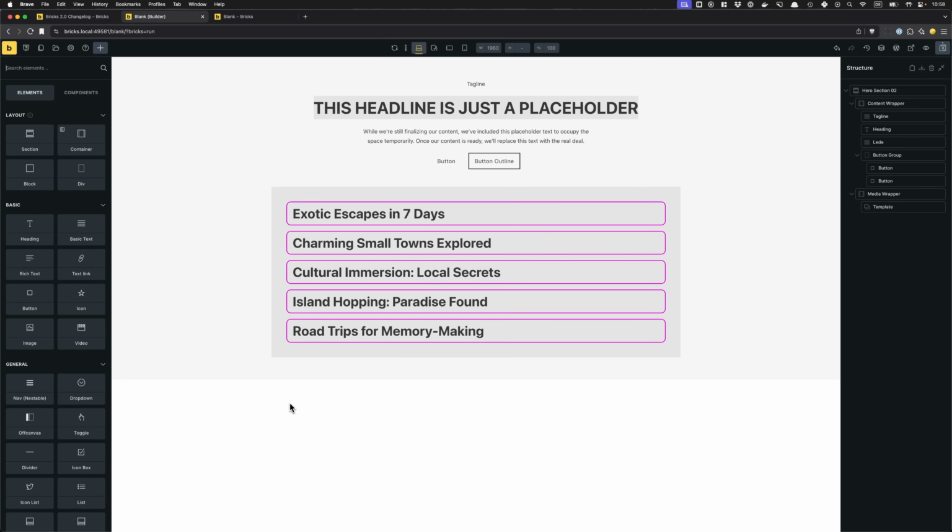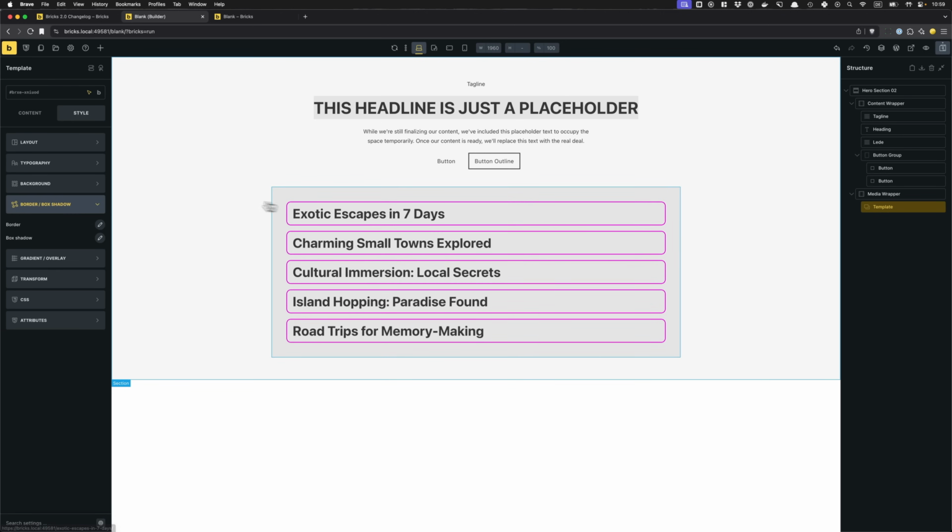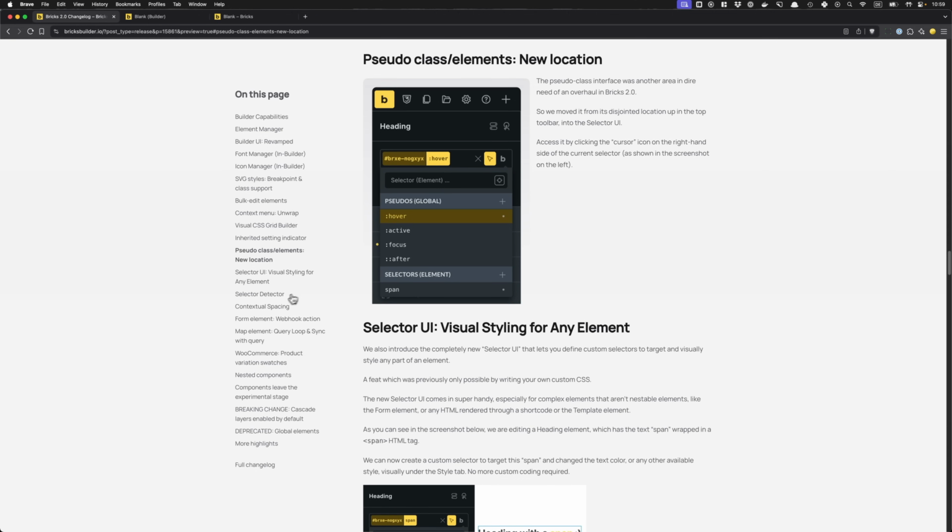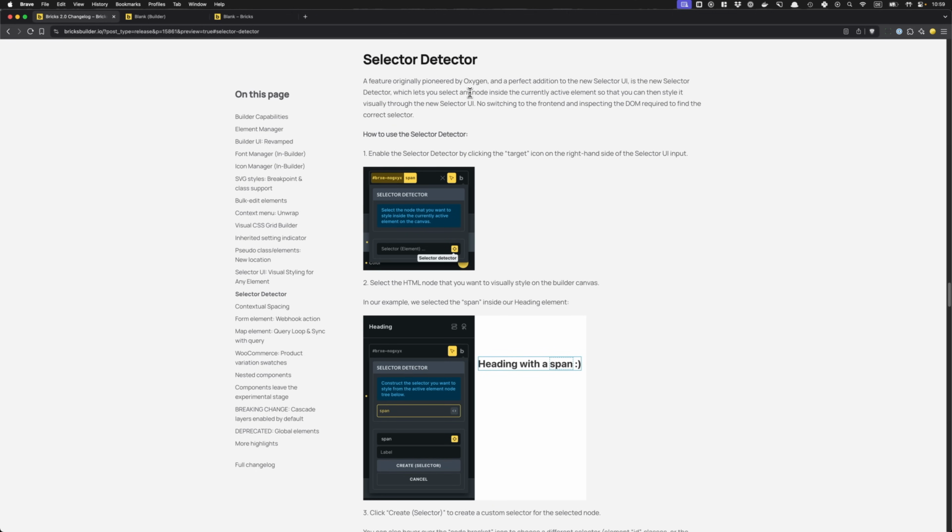Let's get out of the editing mode and I hover over my loop item, and you can see that the border color now is blue. So everything is done visually here. The only part, like I said, with the front end was to actually retrieve the selector. But I'm going to show you the next new feature, which also allows us to skip even that step. First of all, I'm just going to delete our selectors that we just created. Let's save it. And let's head back to the changelog and have a look at the next new feature,